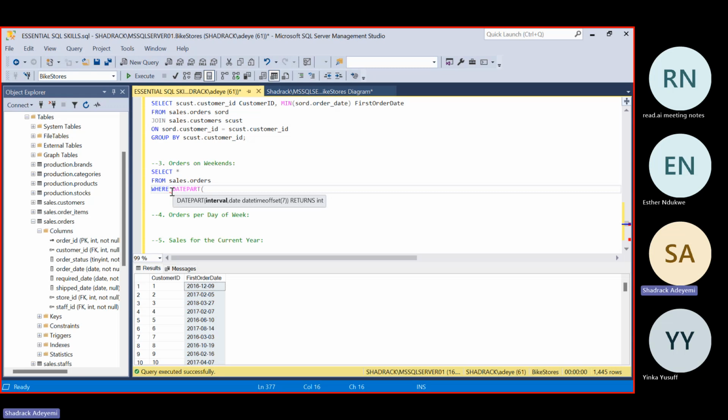We use DATEADD to manipulate our current date to fish out a date that we wanted. Now, you can always call DATEPART when you want to get out specific information like day of the week, I think quarter information, stuff like that.